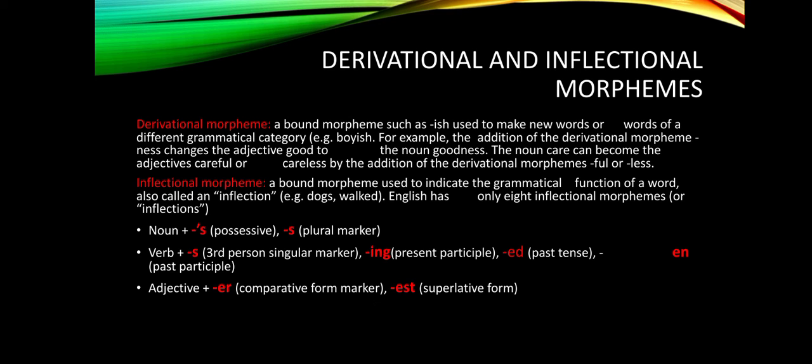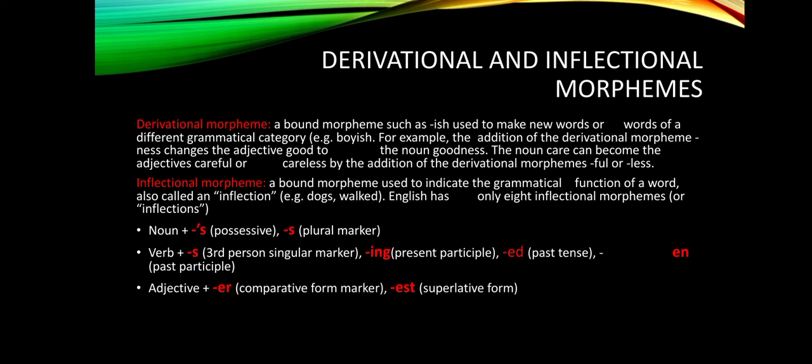Similarly, the addition of the derivational morpheme ness, that is a suffix once again, changes the adjective good to the noun goodness. In the previous example, we saw that a noun was changed to an adjective, and here we see that an adjective is being changed into a noun. The noun care can become the adjective careful or careless with the addition of derivational morphemes full or less. So we can say that derivational morphemes are those bound morphemes that change the grammatical class or category of a